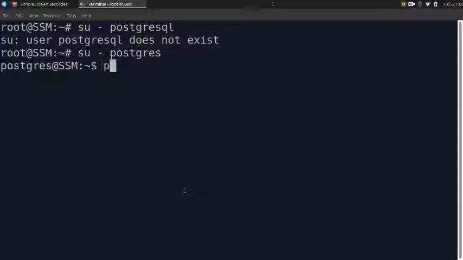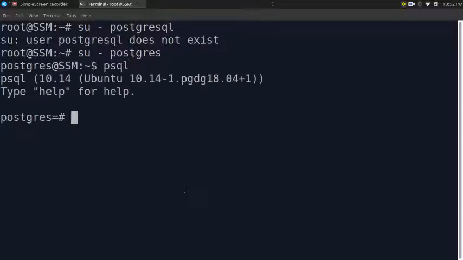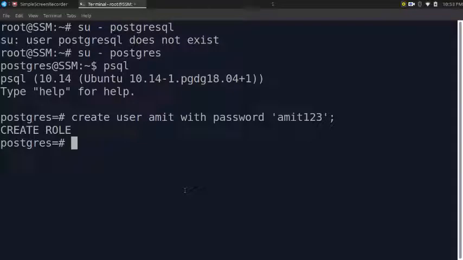Now here you can write psql, and afterwards you can write create user Amit with password Amit123. Create role has been created.